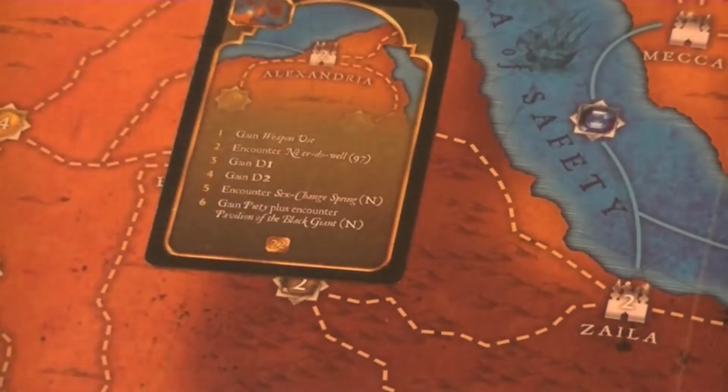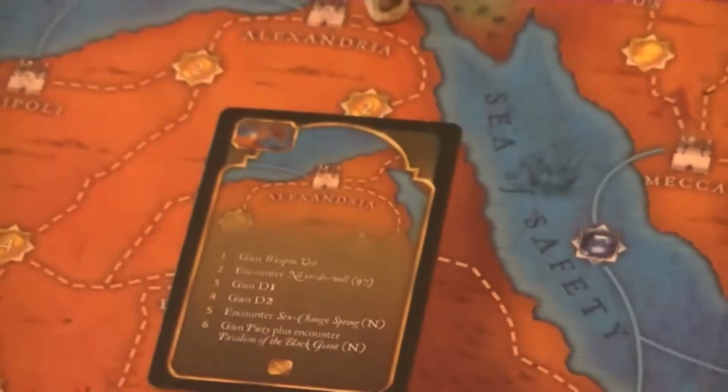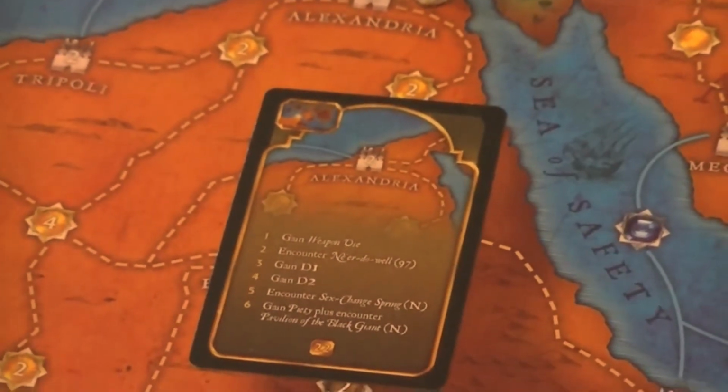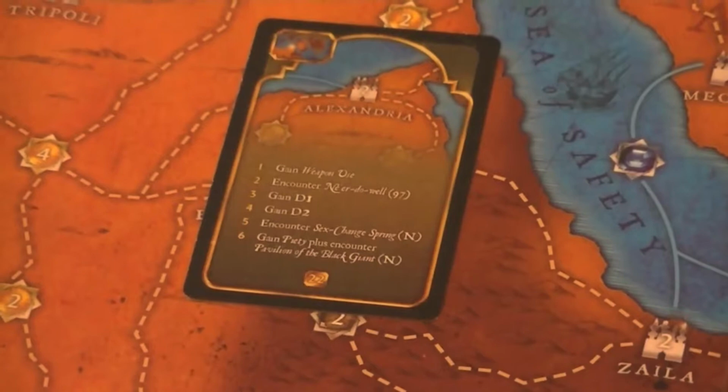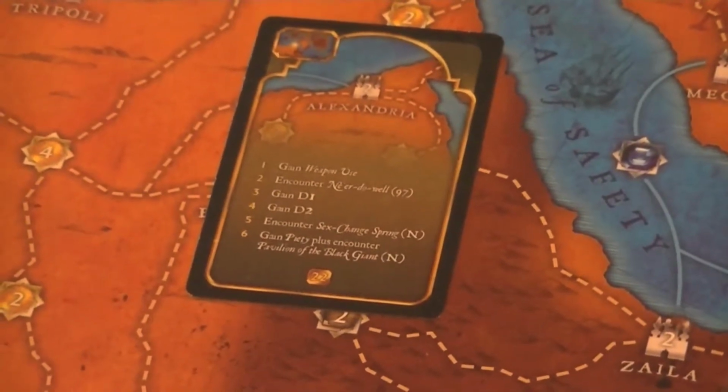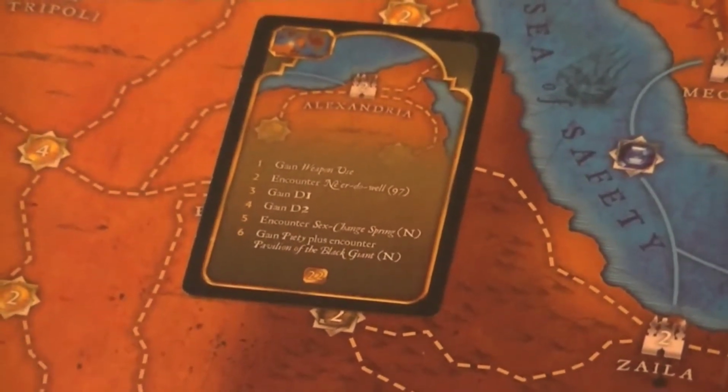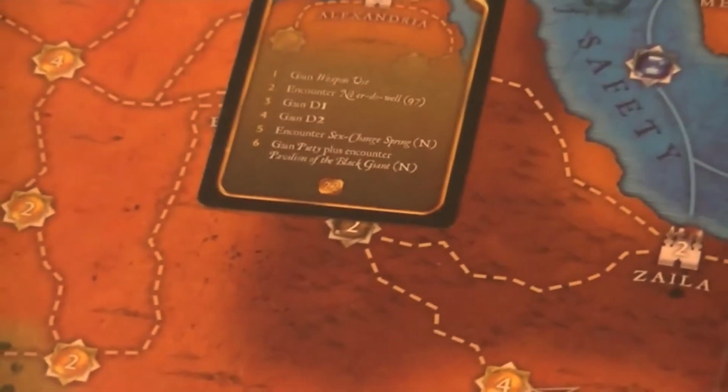So what we notice here is that at the top of it, it says Alexandria. And if we make it to Alexandria, this sort of gives us a quest, then we get to have a special encounter. That's where we would roll a dice, and depending on the number that we get, we would get those bonus points. So if you roll a 3, you'd go up Destiny 1, 4, Destiny 2, etc.